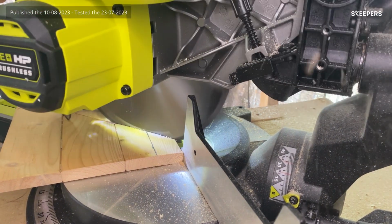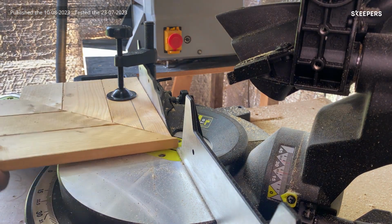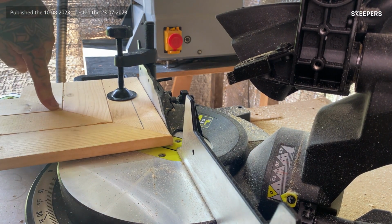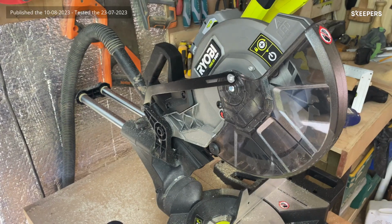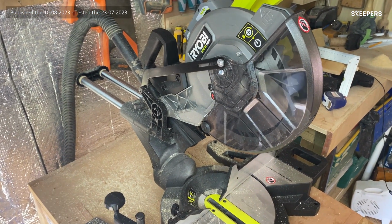Lovely jubbly. Nice 45-degree cut there. After using it, checking out its cuts and whatnot, I have to say that the Ryobi